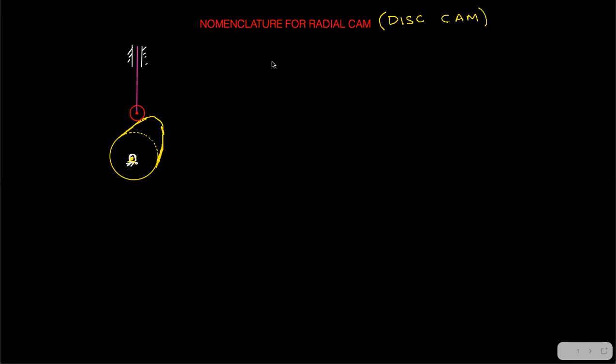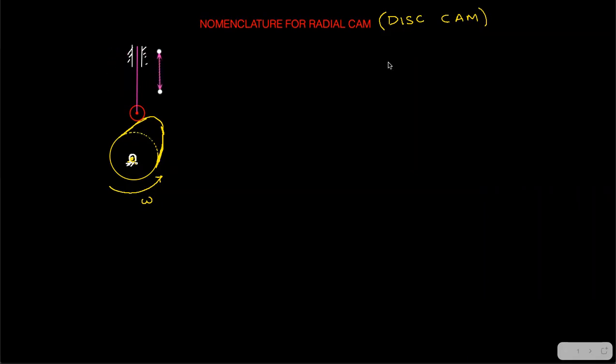Now, what are the different parts called? The first point of interest is the rotation of the cam. I'm assuming that the cam is rotating anti-clockwise with an angle theta and an angular velocity omega. The cam will rotate anti-clockwise, and then the follower is tracing a path. The follower is translating up and down, so the follower has a translation motion this way. I'm saying this is the follower motion.